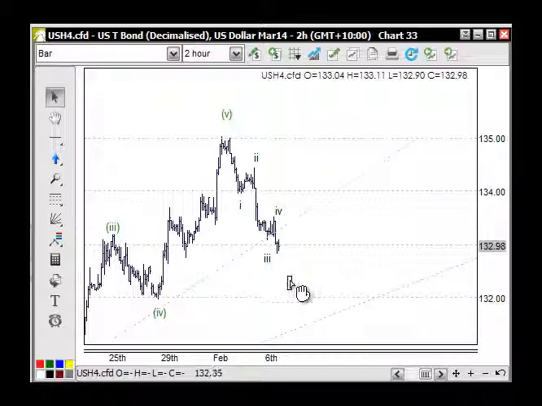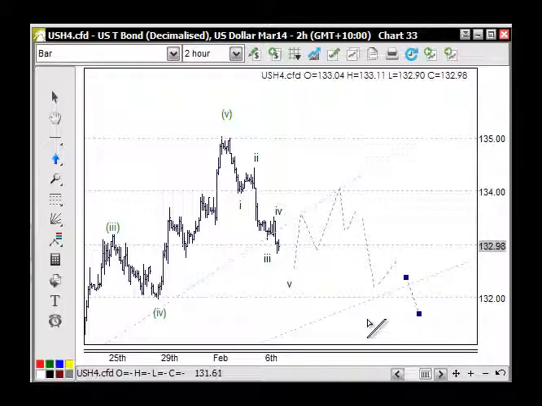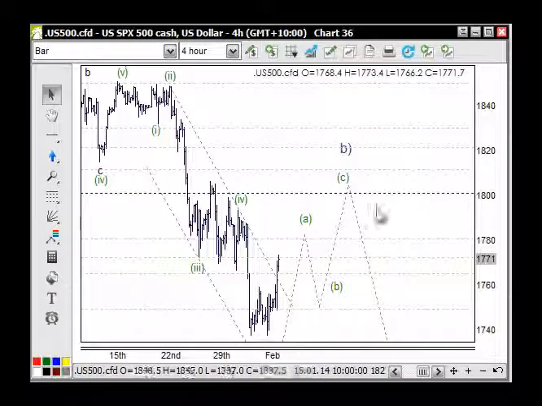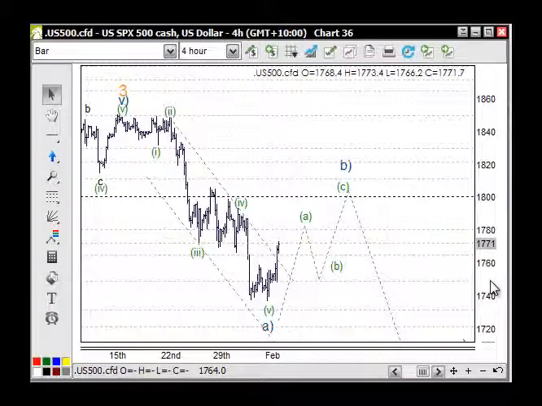So we're looking for 5 waves down here, and then we'd be looking for an A and a B and a C, and then another 5 waves down here, and opposite in the stock market. So when we look at the S&P 500 here, first of all on the 4-hour chart in the